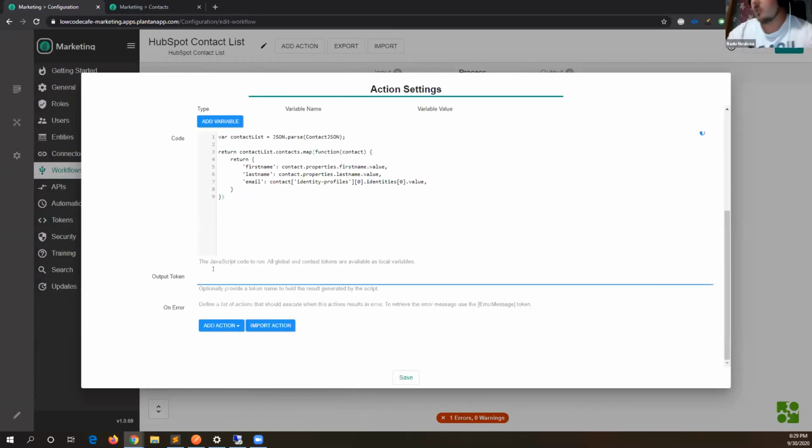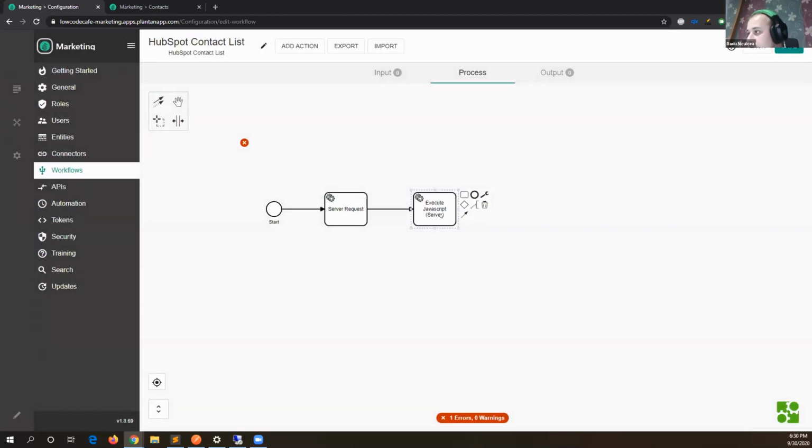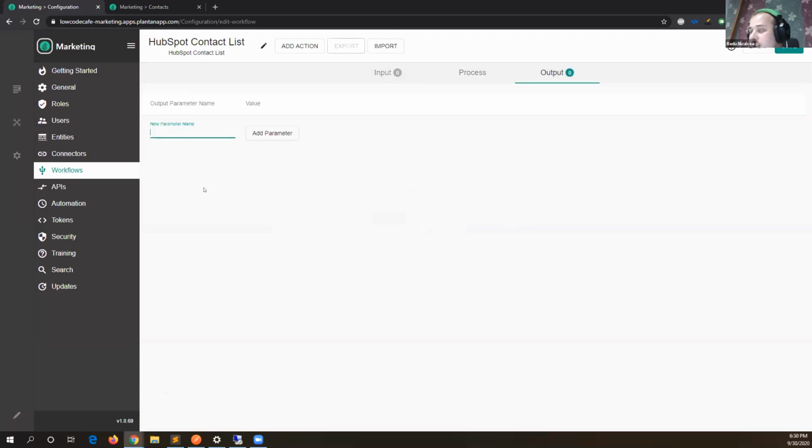Right now, what I need to do is output this. So maybe I can say this is a contact list that I already have parsed. I can click save for this one, and I can end my workflow. So by ending the workflow, I also will need